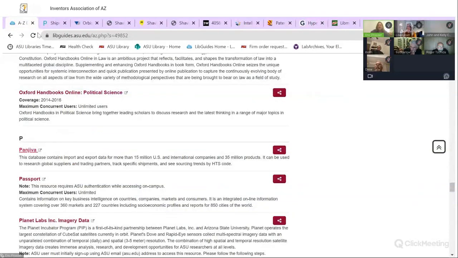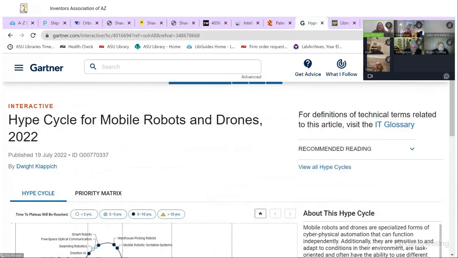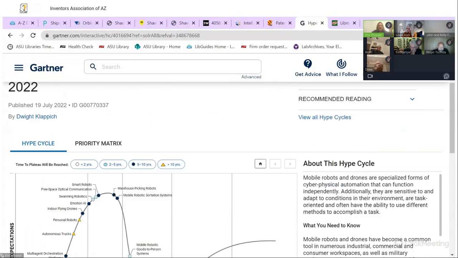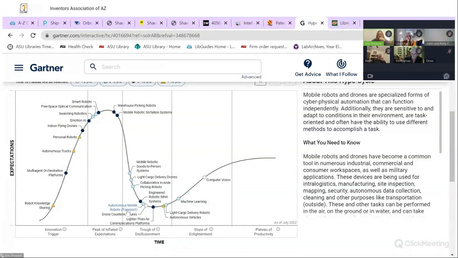Is this basically the life cycle of an industry, a category? It's more a life cycle of innovation in the industry, right? What we're looking at here is what's going on with robotics and drones, potentially ones that are autonomous. When we see mobile transport, we're talking about vehicles and trucks, but other things too. Computer vision is almost to the point where this is a very mature innovation. It's about to be mainstream to the point where we're not even going to call it an innovation anymore. Once we get over here, it's not innovative, it's mainstream.